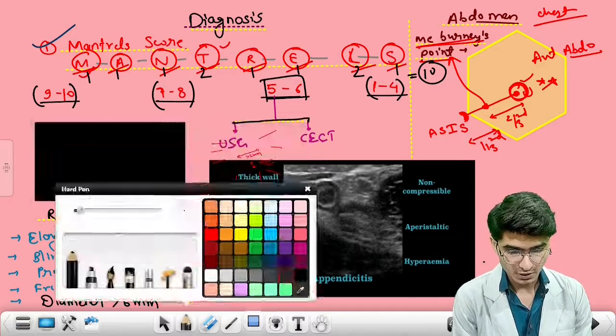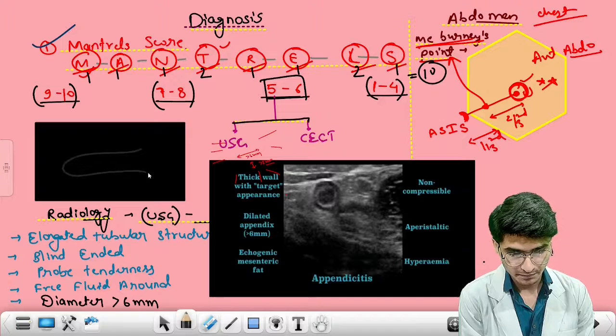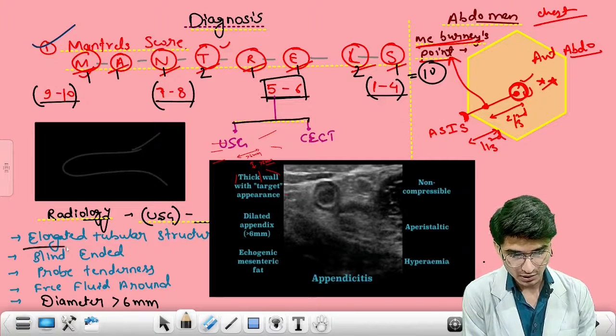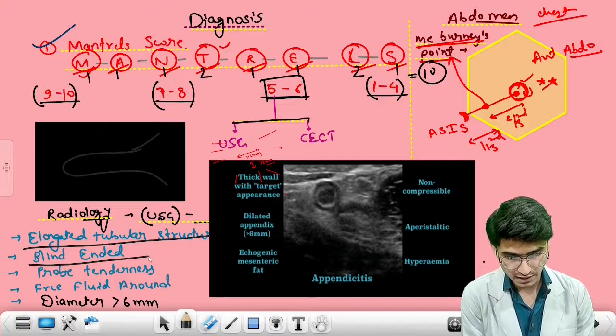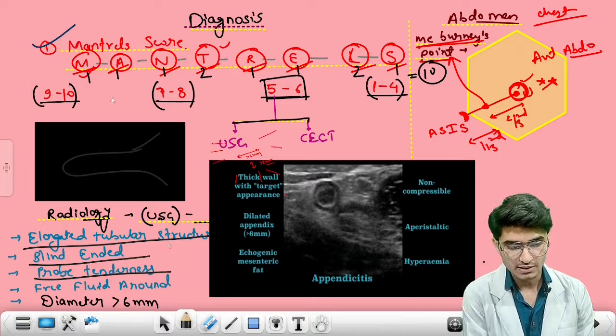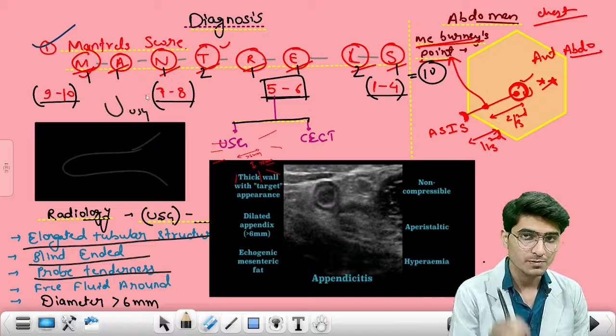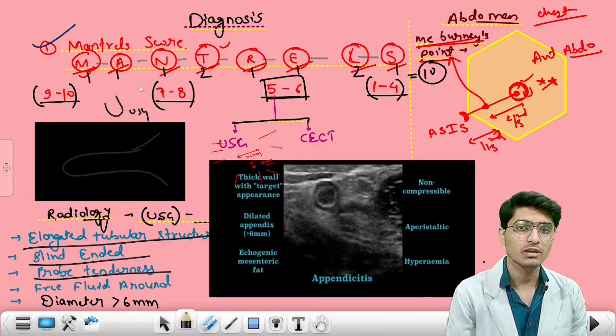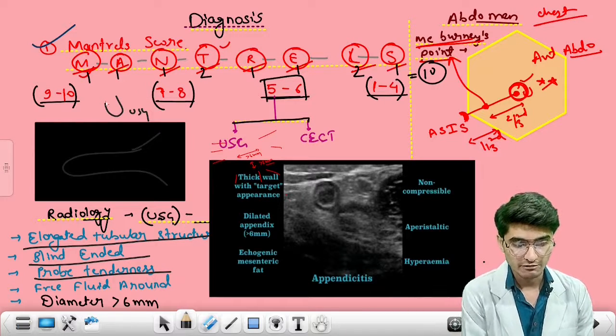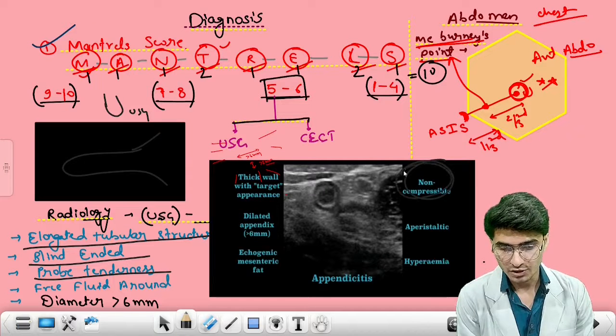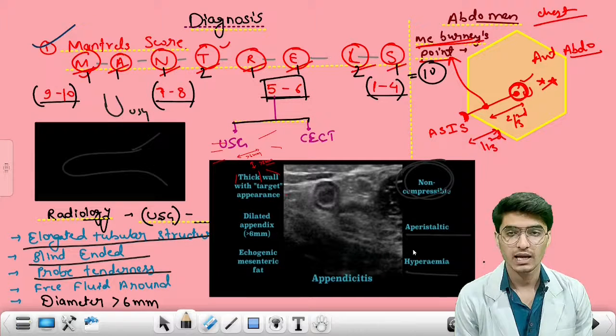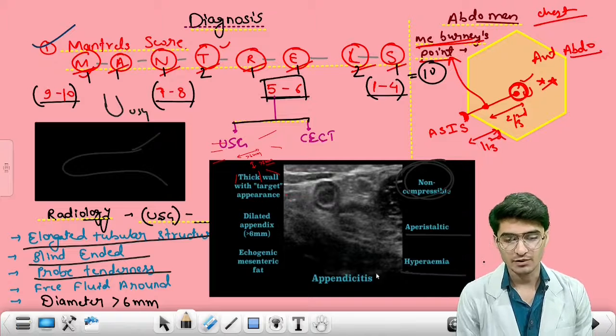Okay, so it is just looking like a blind tube here. It is an elongated tubular structure which is blind ended, and the probe tenderness is there. It is the probe of USG, right? If you're pressing with this probe over the right iliac fossa, the patient complains of pain, right? And we can find a non-compressible structure here, which is aperistaltic, and mucosal hyperemia is found here, and